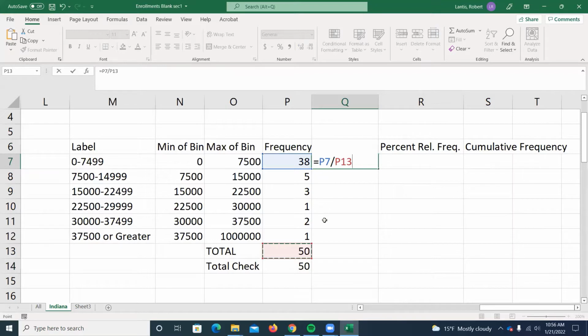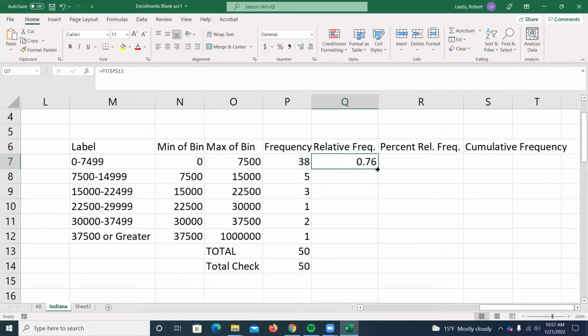Now, when I copy this down, this should give me some value between 0 and 1. Our relative frequencies represent proportions. And I want to come up with a relative frequency for each bin by doing the exact same thing, which is dividing it by 50, or the total number of observations. Now, you could type 50 in here and then just copy it down. But if things had changed in the future where you add data, the data set gets larger, now you're going to have a higher number. Well, then I'm going to have to go back in and change everywhere that 50 was, or I could just use a cell reference. So when I copy this down, I always want it to be 50. So I'm going to freeze that cell reference, which is the total number of observations. Now, when I copy this down,